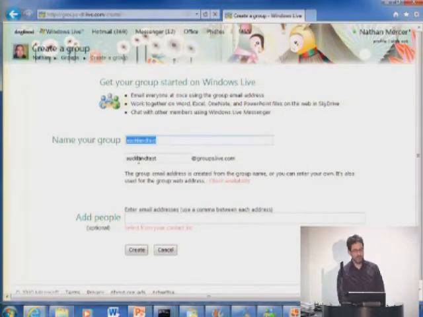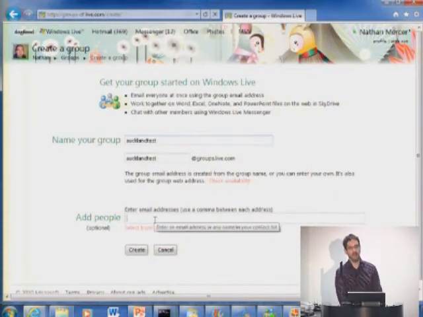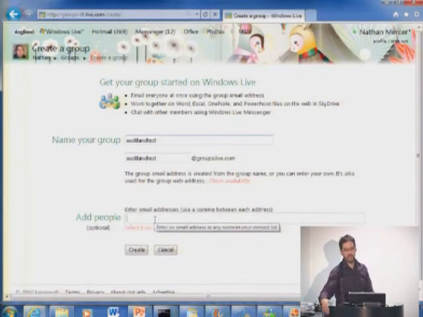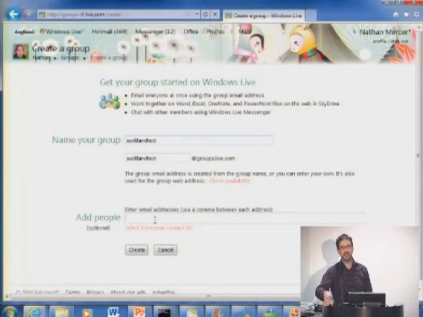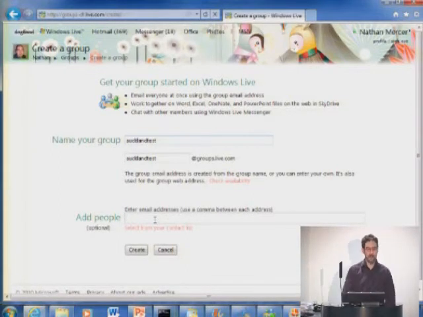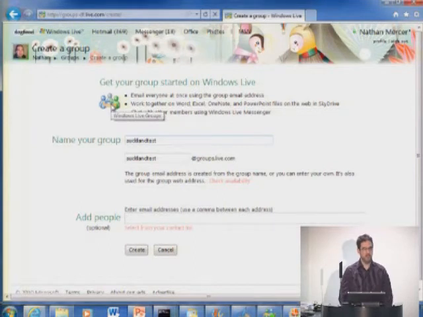So you see, basically, I give it a name. It automatically gets an email address. I can then go in and put in the email addresses of the people that I want to invite to this group. Just to be clear, this is a members only invite area, so you can put material up here that you don't want other people to see, and it's basically